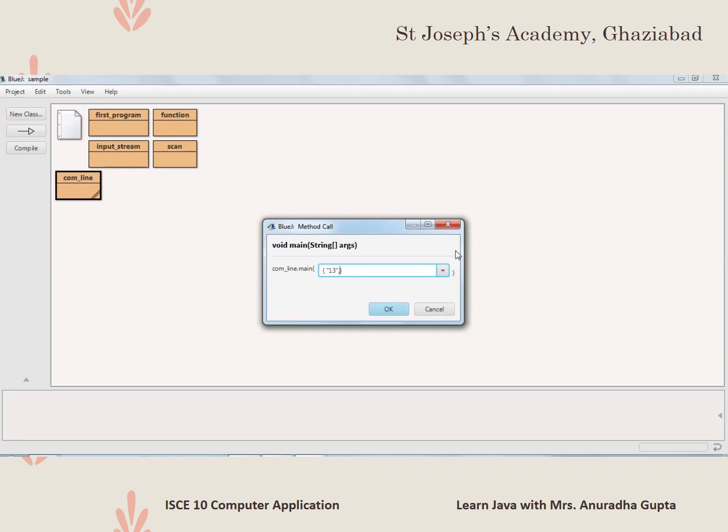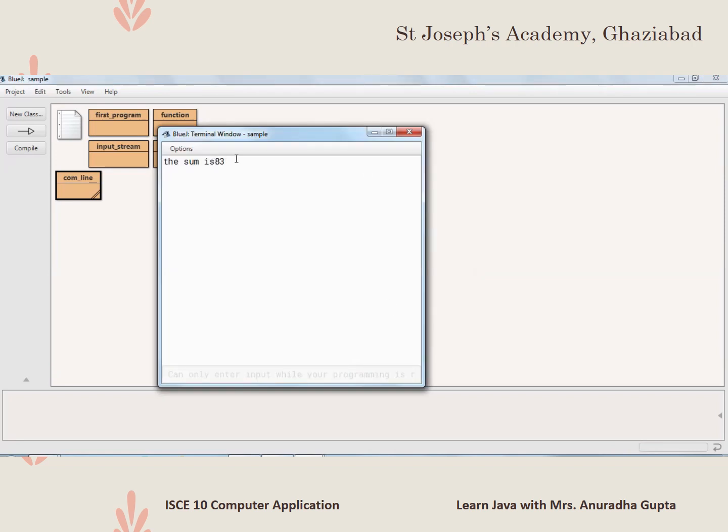All the values you are going to give in a command line argument, give in double quotes, as I have written 13 in double quotes and 70 also in double quotes, because it takes all the values as a string. Then here is our output, 83. I hope you all understood how to take values by using command line argument.